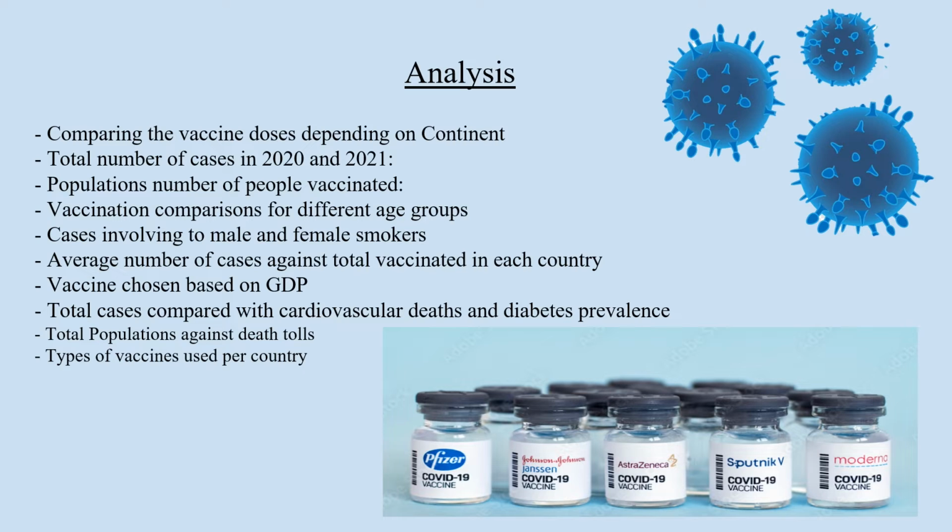The reason this is important is because it's good to know which vaccines may be more effective, whether a country chose a vaccine for a certain reason, like possibly the GDP or the population of the country, whether the vaccine or the age group or the fact that someone's male or female or smoker, if any of these variables affect the death rate or the case number or anything like that